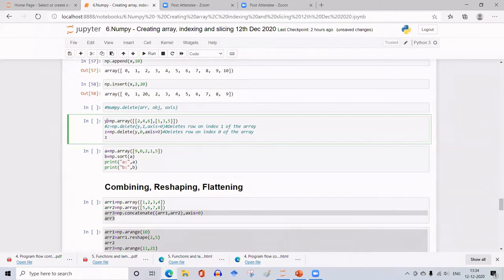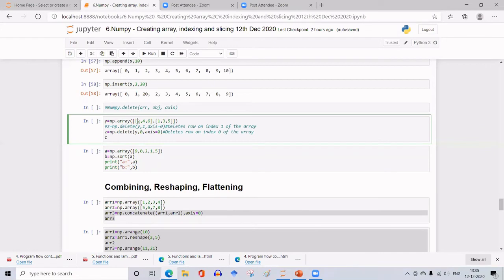So here I have formed an array Y with np.array, and it is a 2-dimensional array. First row is 2, 4, 6, second one is 1, 3, 5. And I want to delete 0 along axis 0. What is the 0th index element along axis 0? Can you identify here? 2. 2. This is axis 0.